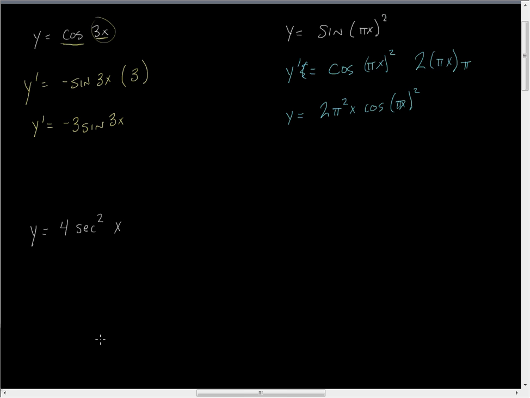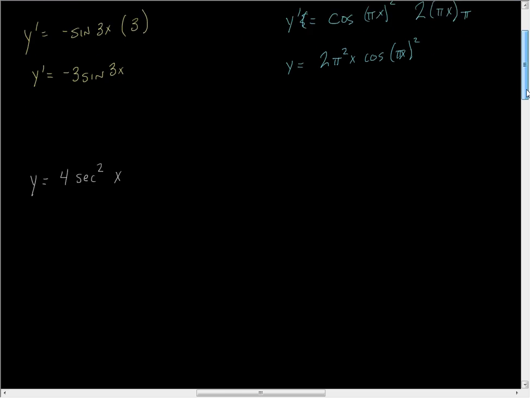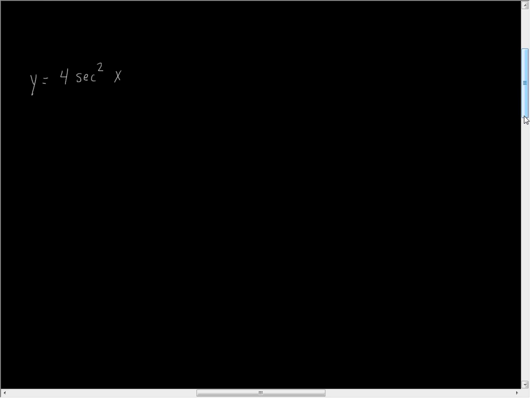All right, so let's take a look at a third example here, and we're looking at 4 times secant squared x. And so just as we have been, we need to first operate on the outside. Now this 4 is a constant, and I can bring that out of the derivative, or I can simply leave it there. I choose to leave it there and combine that rule with the power rule, so that when I bring down the 2, it's not just 2, it's 4 times 2. And so this is going to be 8. Okay, so I take the derivative of the outside, which is 8 secant x,